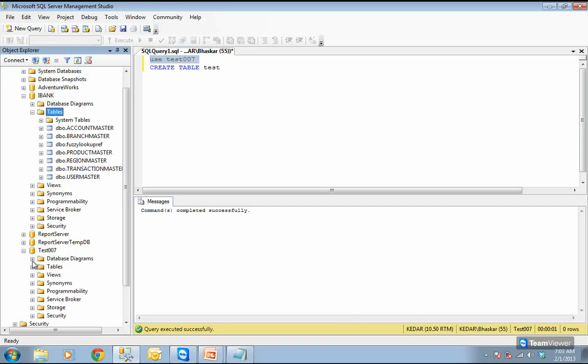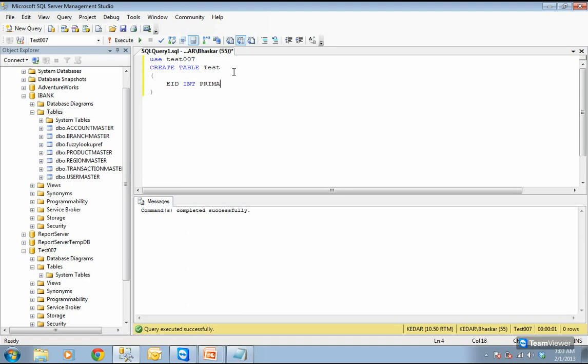We have a few tables. So we don't have any table. So I'm creating a table called test. Employee ID integer, which is the primary key, and which is an identity column also.